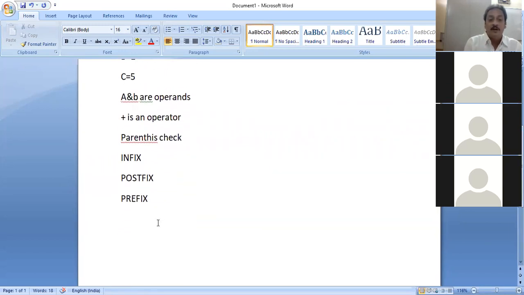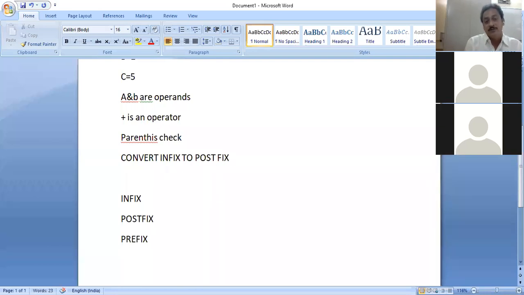So first it does the parenthesis check, and once the parenthesis check is verified, then it converts the infix to a postfix expression.